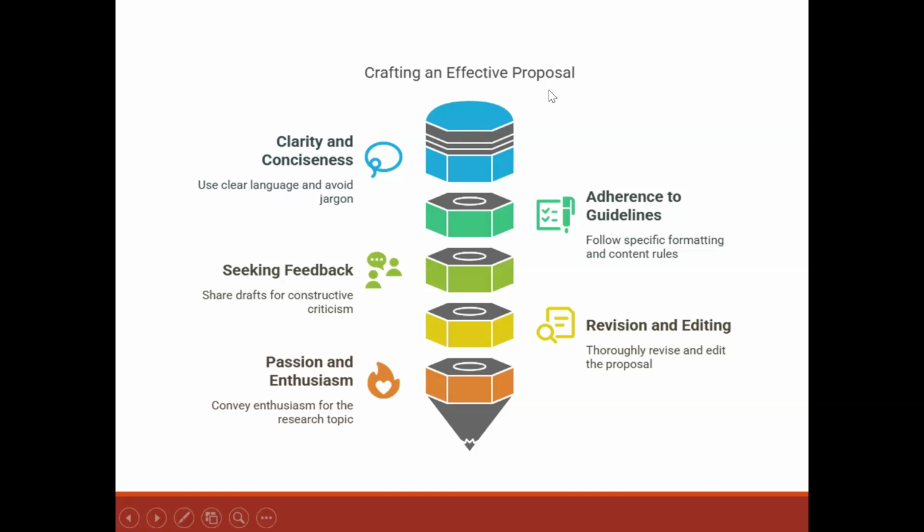How then do we craft an effective proposal? I think we've talked about all these things. Okay. Adhere to guidelines. Your university will give you guidelines. Adhere to those guidelines, whether the spacing is 1 or 1.5, or the font type is Times New Roman. If you're supposed to submit a proposal, especially for funding, if it's not an academic proposal, and the deadlines, just adhere to whatever it is. You could have a very good idea, but if you don't adhere to certain guidelines, then they will just throw this idea out. They will say, okay, this person did not format the proposal the way we wanted, or they submitted it past the deadline, all those things, okay?